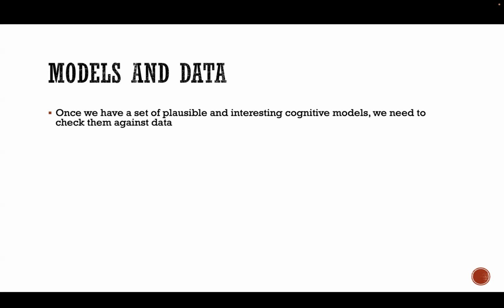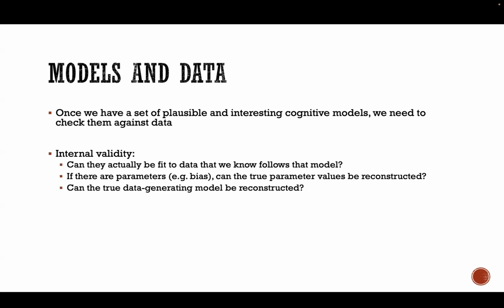So what we're going to do is that now we have a set of plausible and interesting cognitive models. I haven't listed all the ones you have in your assignments, not because they're not plausible and interesting, just because I had to limit the space on the slide. And we need to check them against data, right? We need to figure out, given these models that we've been so clever in devising,